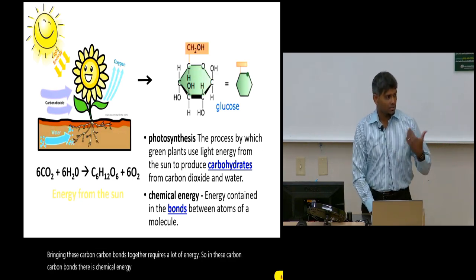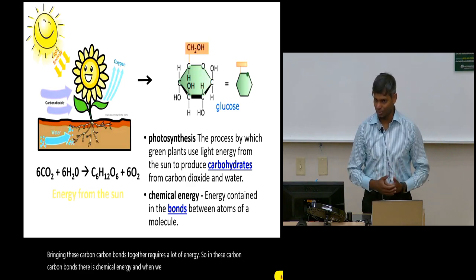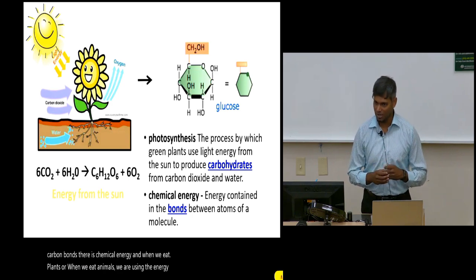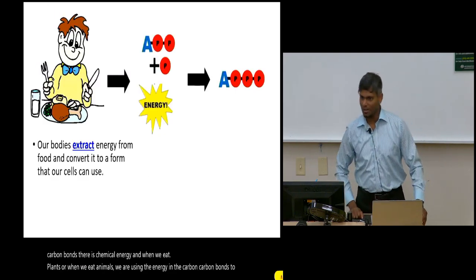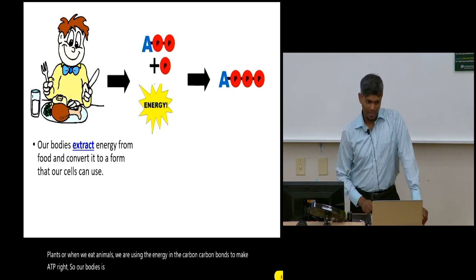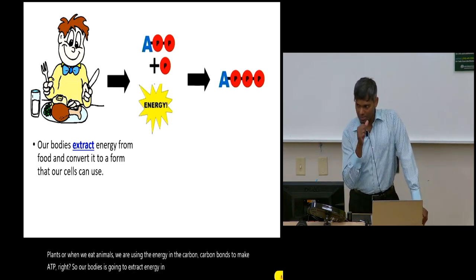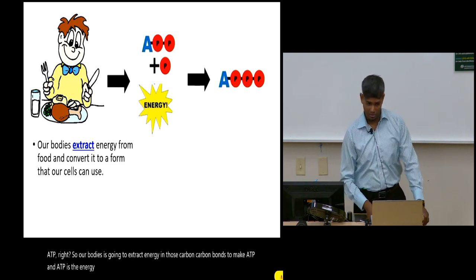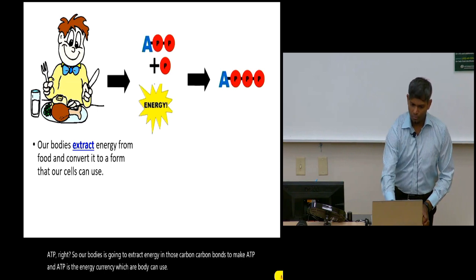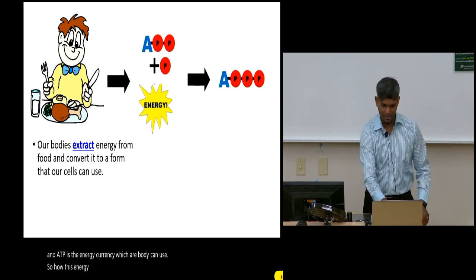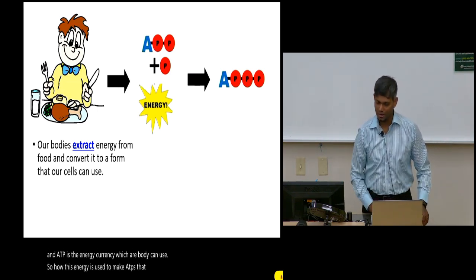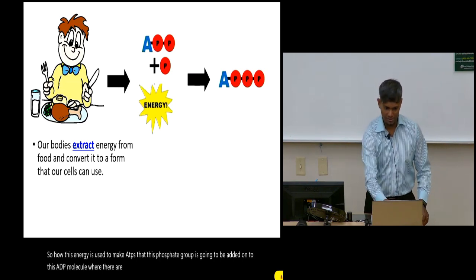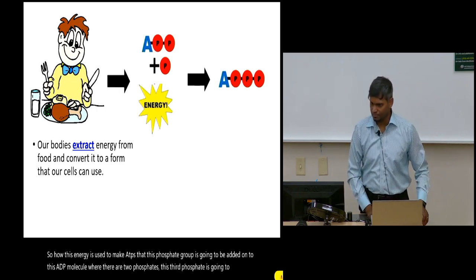And when we eat plants or when we eat animals, we are using the energy in the carbon-carbon bonds to make ATP. Our body is going to extract the energy in those carbon-carbon bonds to make ATP, and ATP is the energy currency which our body can use. How this energy is used to make ATP is that a phosphate group is added on to this ADP molecule. Where there are two phosphates, this third phosphate is added on, and doing